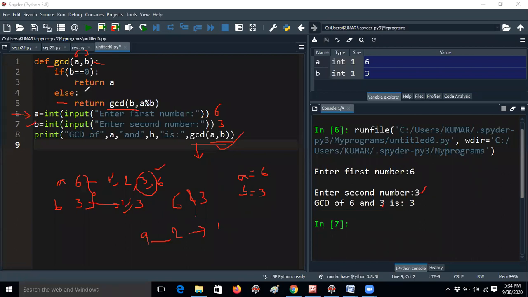Yesterday we discussed linear recursion and binary recursion. GCD belongs to which recursion technique? It is also a very important question, guys. So please mention it in the chat box. Once again, GCD belongs to which type of recursion technique? Please mention it in the chat box.